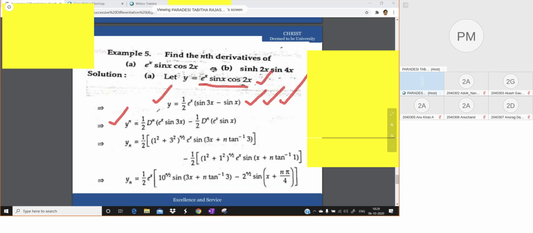Which one are you asking me to explain? The rewriting of that function, the trick. Are you asking me to explain the first step itself? Okay. First step: if only I had just e power x into only sine or only cos, we know we can apply the derivation that we just did in the previous slide and write the answer. But here you see that e power x is not just multiplied to only sine or only cos, it's multiplied to both sine and cos. So you have to rewrite that function.